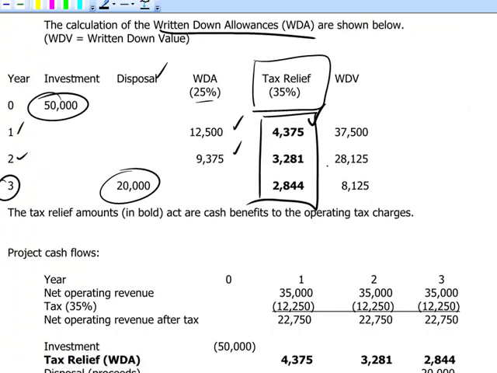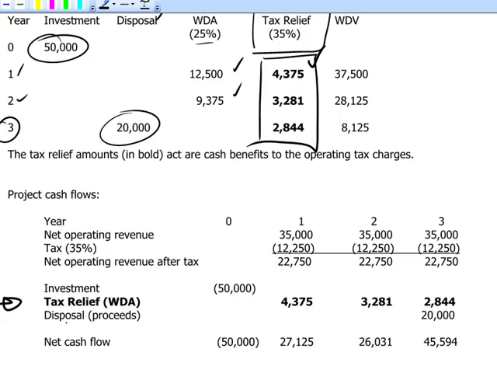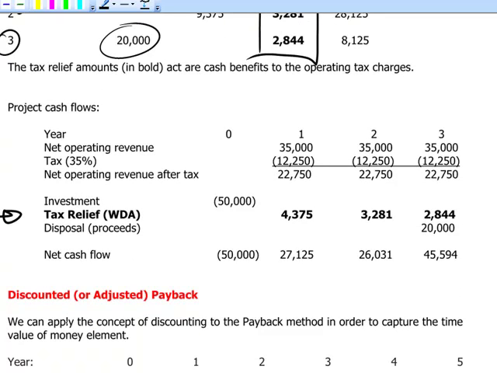In other words, we're going to transfer those numbers down here, which represent tax relief on our asset. So the projected cash flows for our project, as reflected in this example, show us the operating part of the cash flows up above. That was the net operating revenue less the tax on the operating revenue, and net operating revenue after tax. We can see it's the same for each of the 3 years,